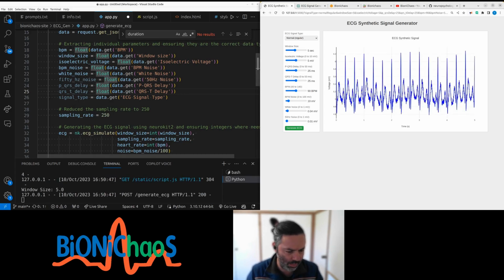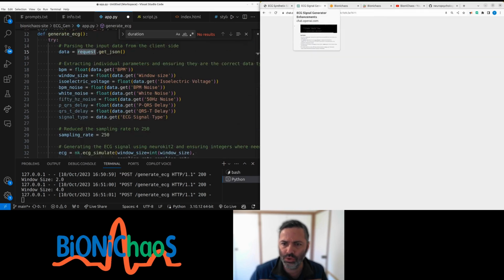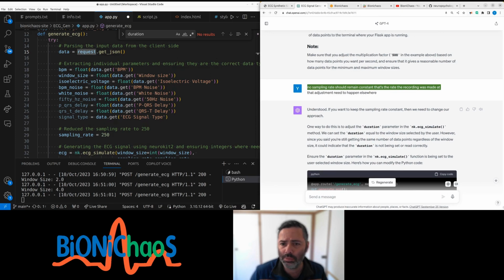So I have this web application that we are working on. It's displaying ECG data. There's a few issues that we're trying to solve. So I have this problem with the window size. The window size is actually changing, so the x-axis is changing. So 10, 8, 6, whatever. But obviously,